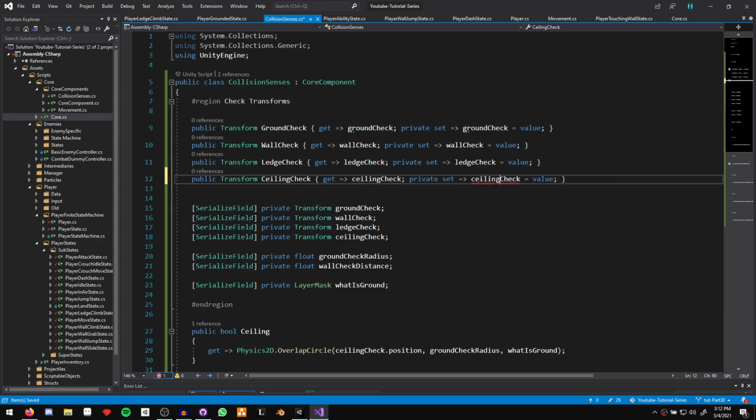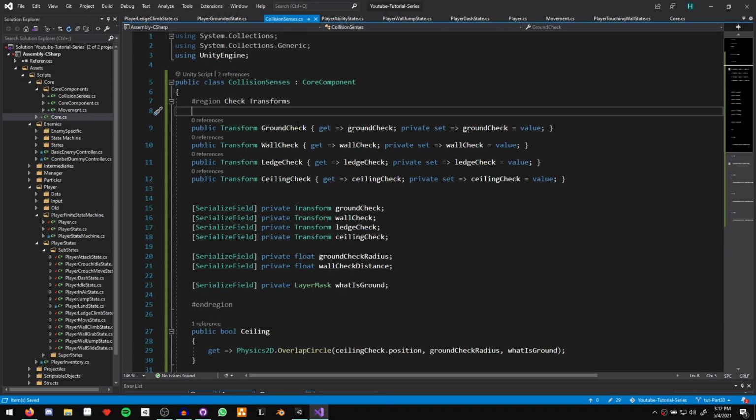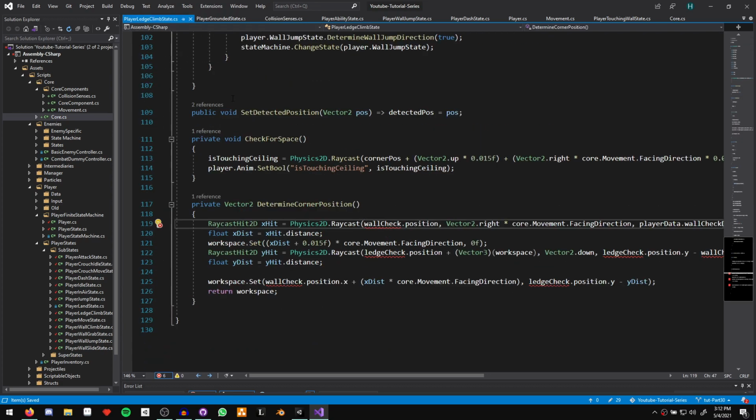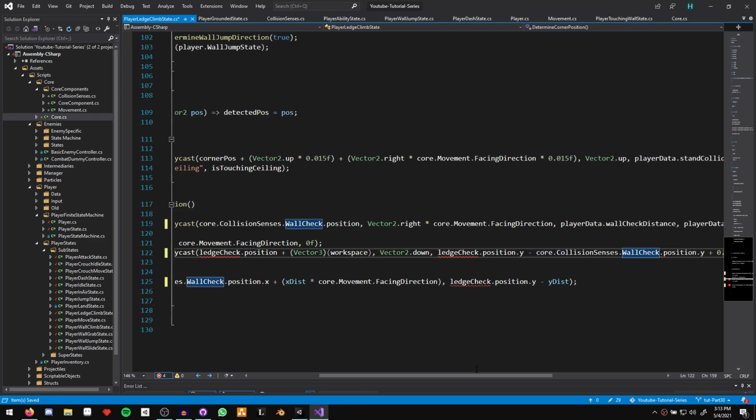So uppercase C, lowercase c, and lowercase c. Cool, so with that out of the way, we can come back to our player ledge climb state and fix these errors. So now instead of just saying wall check dot position, we need to say core dot collision senses dot wall check with an uppercase W. I'm just going to go ahead and copy this. And now for this wall check, we'll put that in there. And for this wall check,